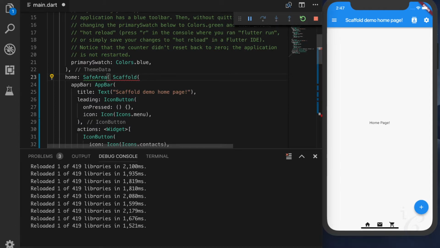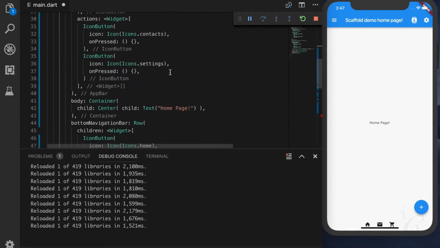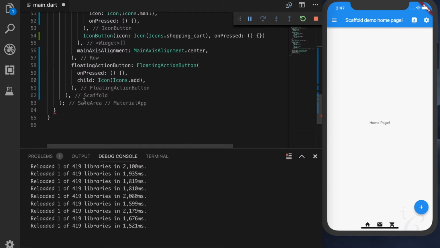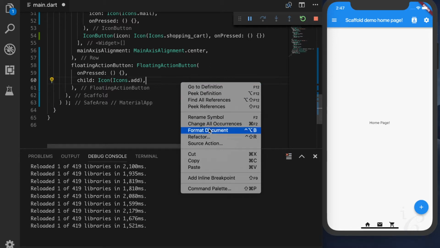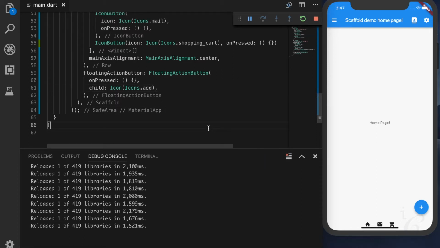Safe area is a widget available in Flutter, which again has a child. It's nothing but the scaffold which we have already created. I will just give it real quick, format the document, and save it.